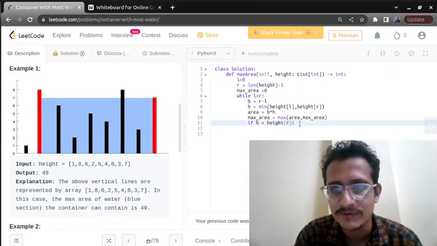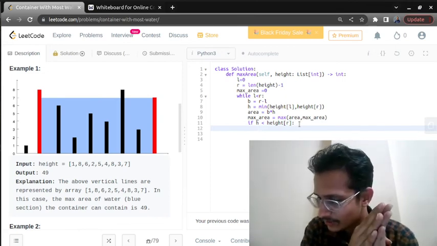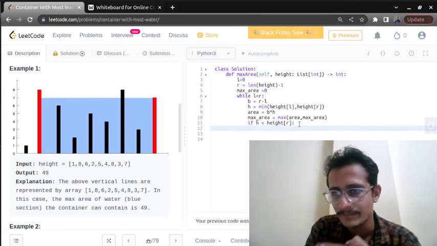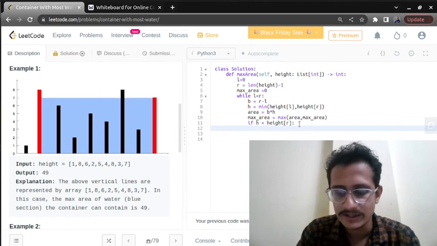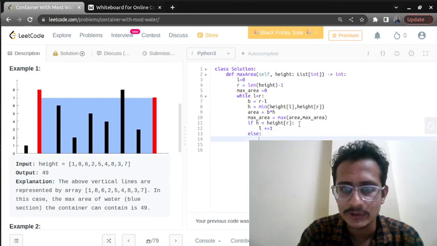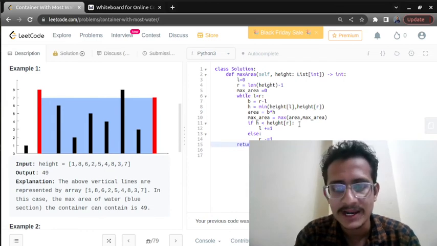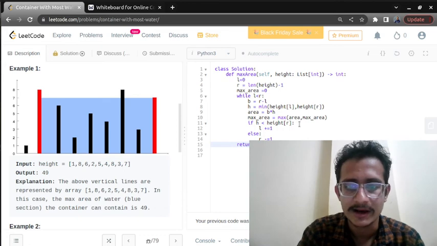L will be the smaller one. So if it is less than right, we need to move the left pointer, so L plus equals 1. Else right will be reduced by 1. This loop is going to run, and at the end we are going to return our max area.